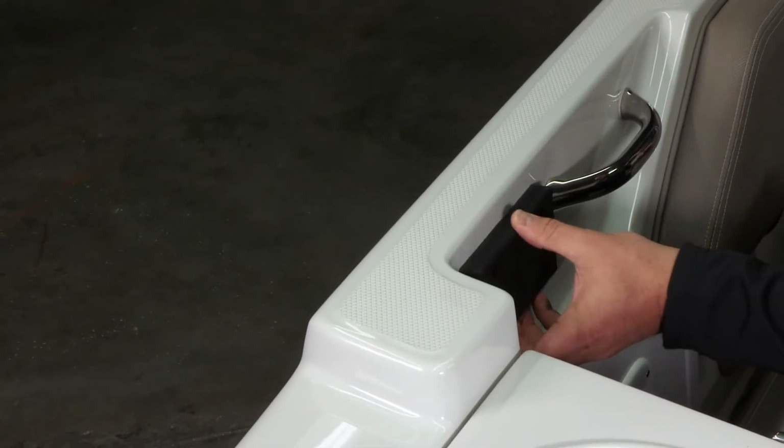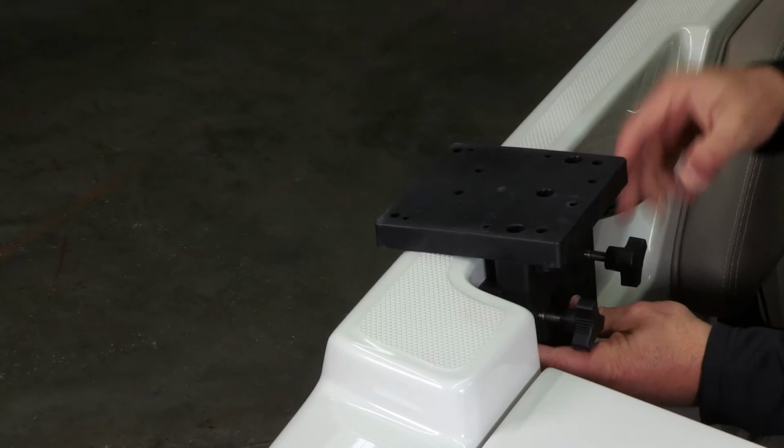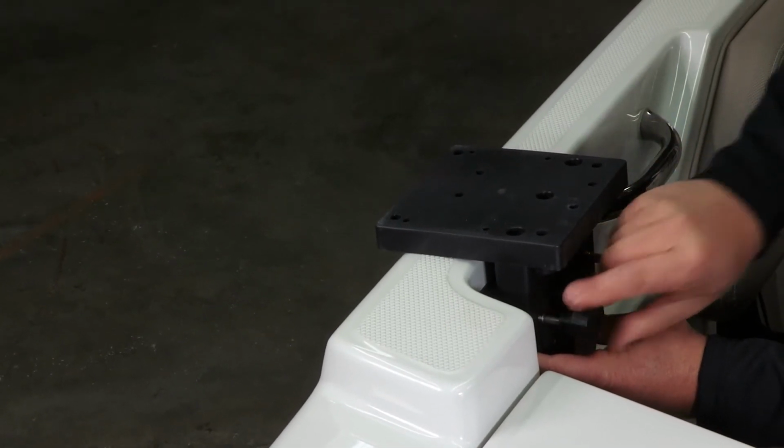reduce line tangle. The other important thing to point out in a Finseeker is not only is this just a saltwater boat, it's really designed to fish the Great Lakes and deep and big freshwater as well as saltwater. And what I mean by that, with just about 15 minutes of effort, you can install downriggers and run those